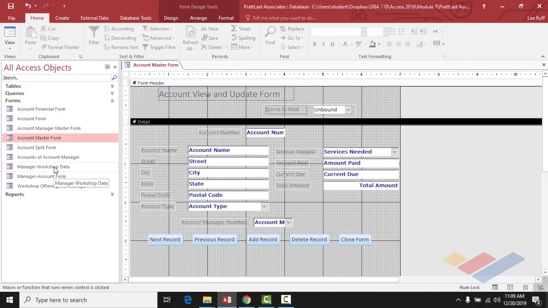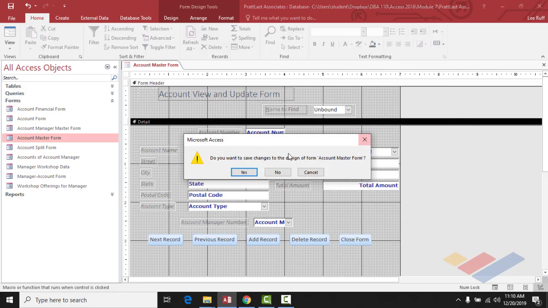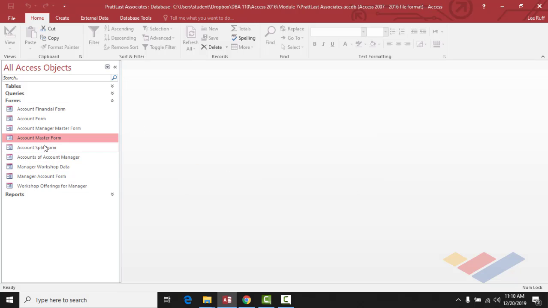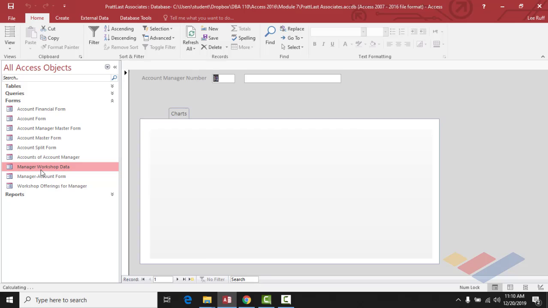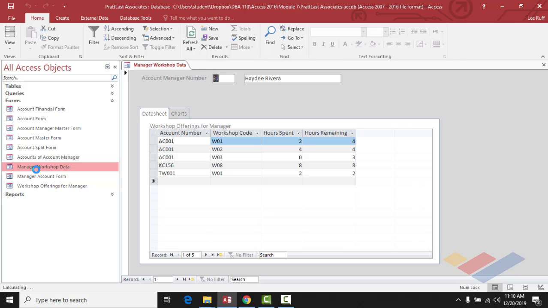You are going to create a manager workshop data form. It is tricky, but you just follow the directions. You'll be okay. So I'm going to close this and not make any changes. Alright, let's look at the manager workshop data form. They show you what it looks like on AC363. You don't actually start building it until you get to, so I can find the page,